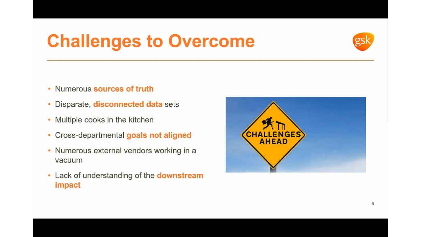Typically, when you embark on creating a data governance model, you quickly realize there are some hurdles or challenges ahead that we need to overcome. First and foremost, is there one source of truth? Typically, I find that there are numerous sources of the truth, and each group or department has their own version. Even different vendors and different groups might use different analytics platforms which have different logic for how they track various events on site. So first and foremost, one source of truth.